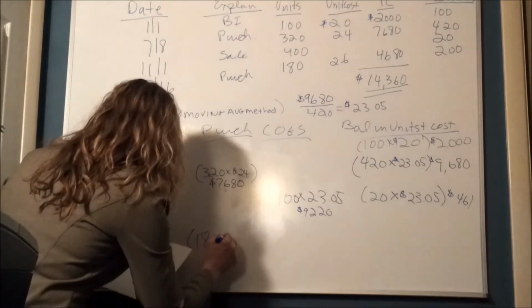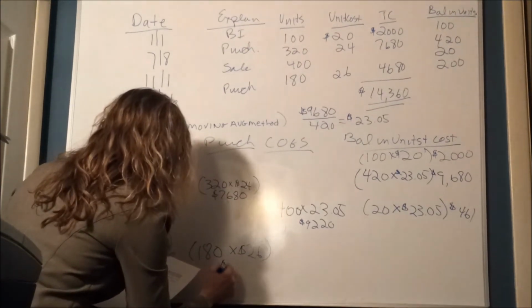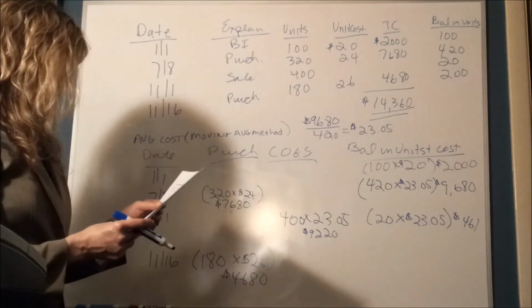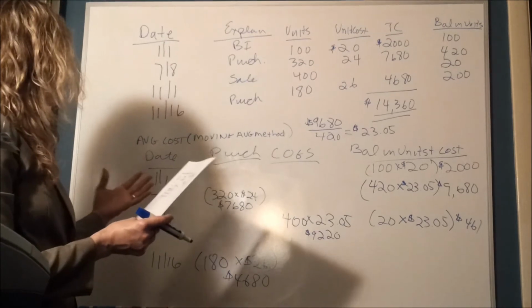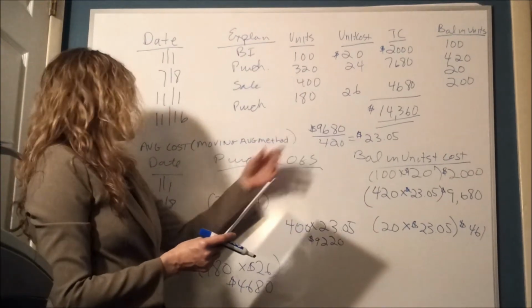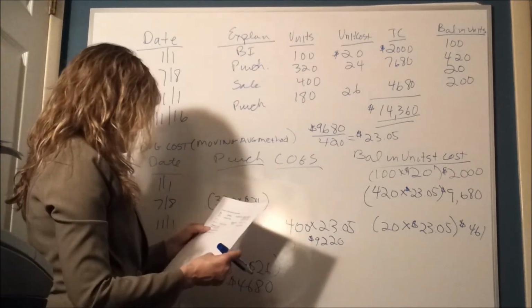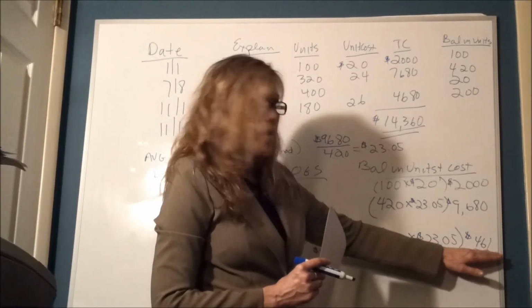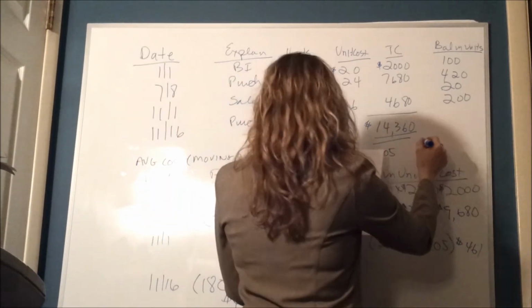On November 16th, we purchased some more units. We purchased 180 units at $26 a unit for a total of $4,680. Now what we have to do is again determine our average cost. So in this case, our total inventory between the 4,680 plus the 461 that we previously had, the total of those two numbers is going to be